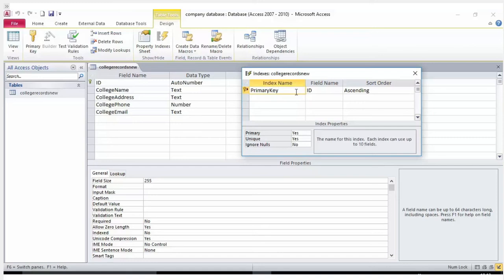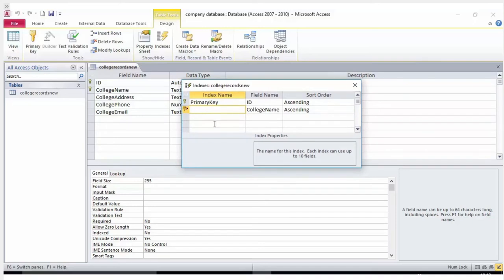You can create an index that is based on a single field or on multiple fields. You should consider indexing fields that you search frequently, fields that you sort, and fields that you join to fields in other tables in query. Indexes can help speed up searches and select queries, but they can slow down performance when you add or update